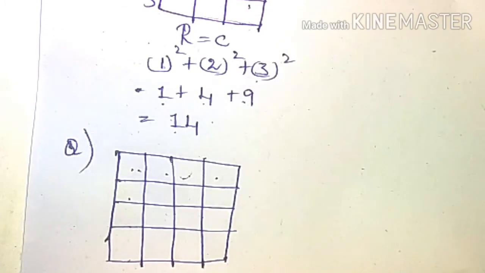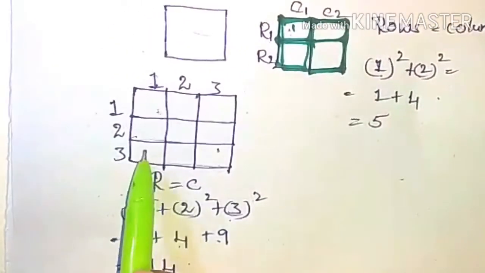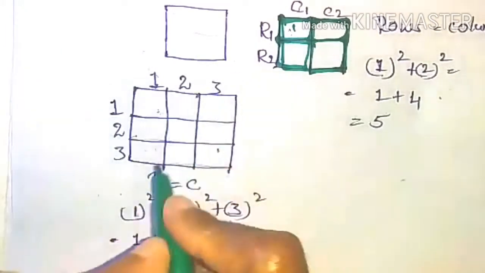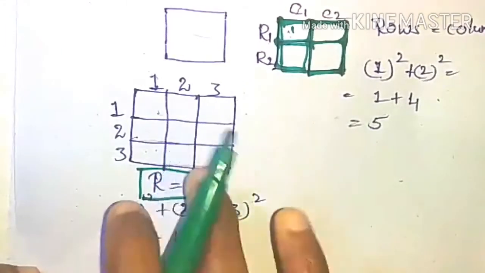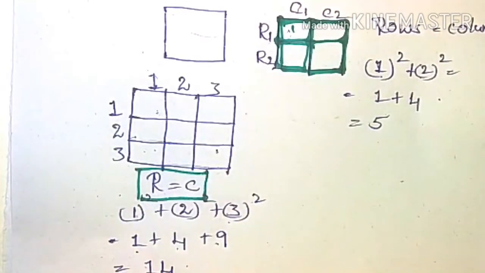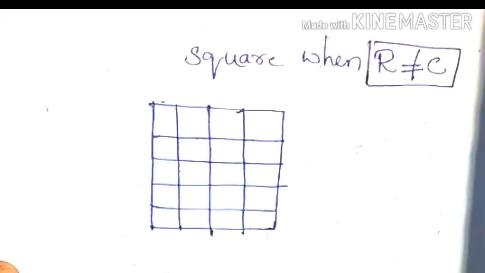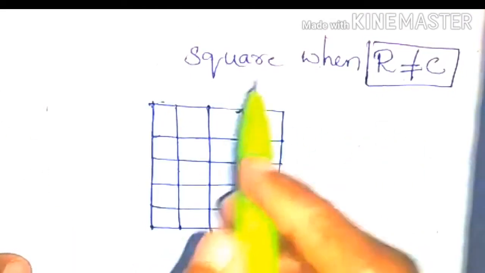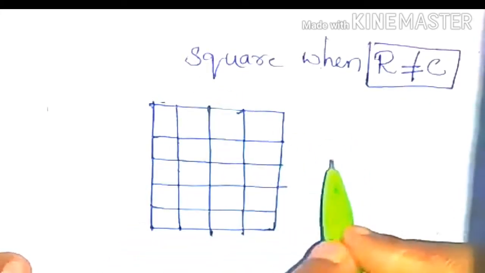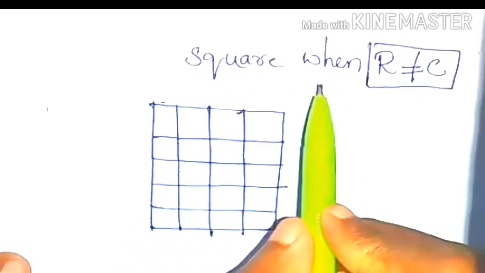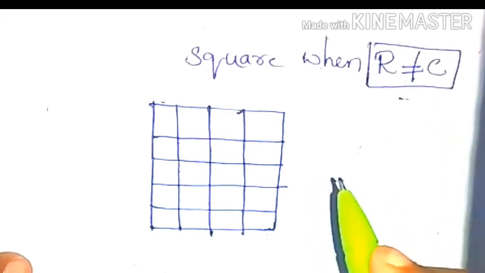And let us go for when rows and columns are not equal. This condition is applicable only when the rows and columns are equal. Mark it, right? Don't get confused. Only when rows and columns are equal do we use this method. What if rows and columns are not equal? We'll see one more example. Previously we have learned a method for when rows and columns are both equal. Now here the number of rows and columns are not equal. Let's see how we have to solve this.